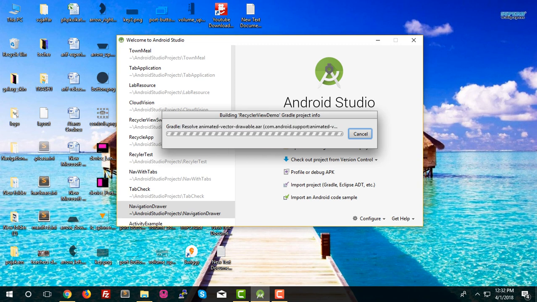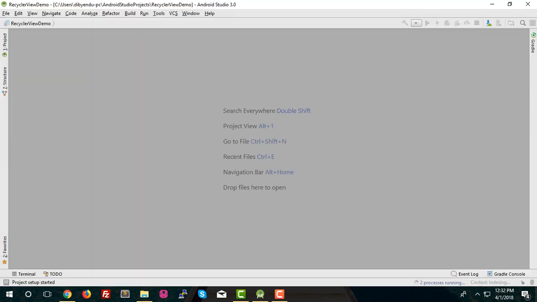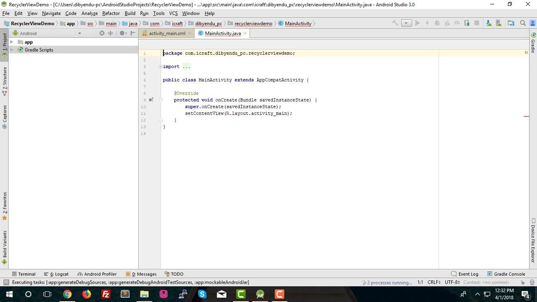It will take time to finish the Gradle actually. So you can see the Gradle is finished now. So you can start our